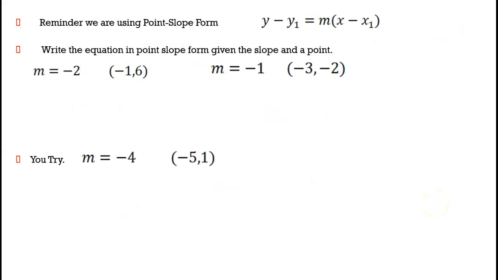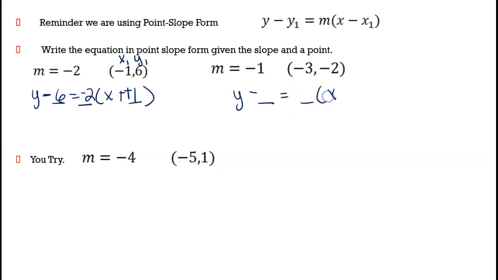Remember, we're using point slope form, so it's the same set of steps every time. We're going to substitute into these blanks. Remember, this is your x1, this is your y1. We have y minus the y value equals the slope times x minus the x value. It's okay to go ahead and do keep, change, change on this one, but not on this one. There's no negative there. It's just the minus that was in the original problem. Same set of steps every time.